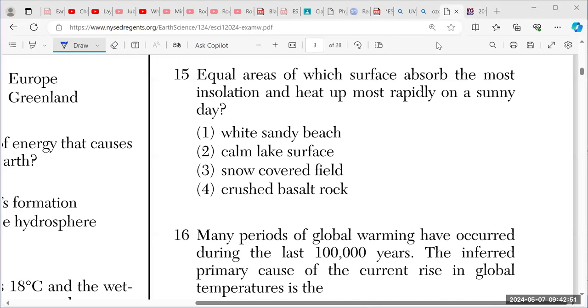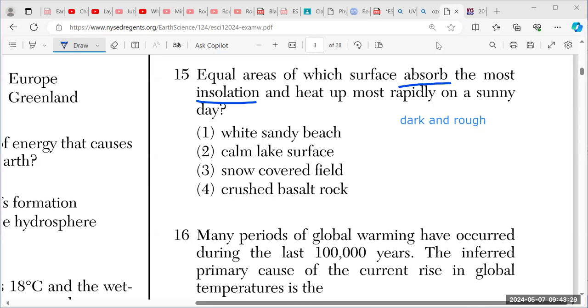All right, everybody. So we're looking at question 15. So it says, equal areas of which surface absorb the most insolation and heat up most rapidly on a sunny day. So remember that objects that are dark and rough absorb insolation the fastest. So that's something to keep in mind. So therefore,